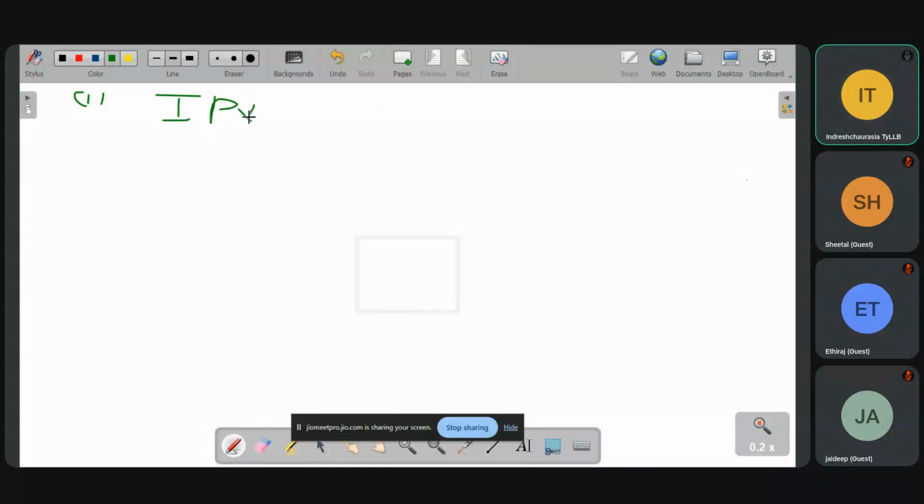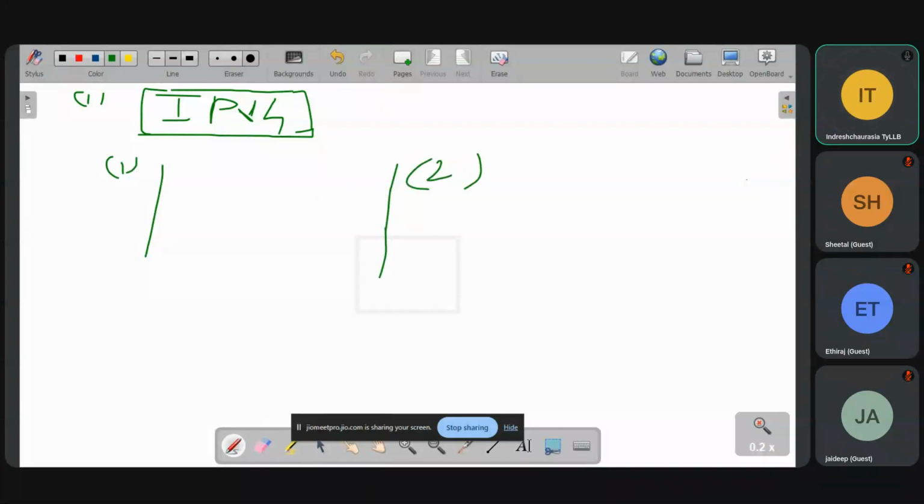Now we are going to study about IPv4, and after that we are going to study about IPv6. When one device wants to communicate with another device, how does it get connected after the three-way handshake?